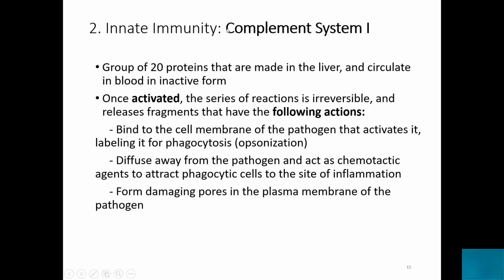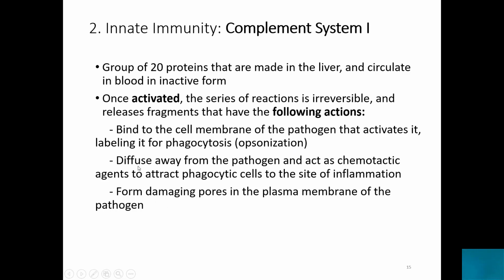Next part of innate immunity would be the complement system. It's a group of about 20 proteins that are made in the liver and later can be found in our blood, and they are inactive. They should be activated, and that is a complex series of chemical reactions. It's irreversible. And when it's activated, what do they do? They bind to the cell membrane of the pathogen that activates it, labeling it for phagocytosis. So other phagocytic cells can recognize the pathogen and destroy it. That process is called